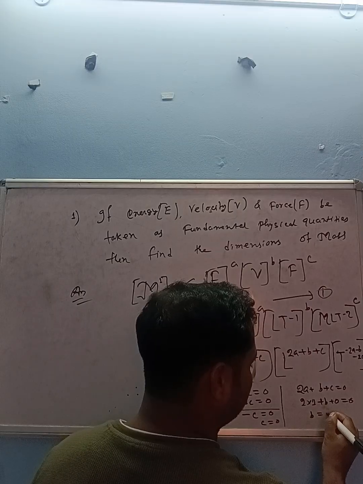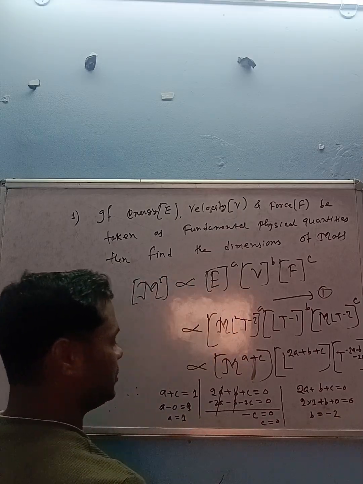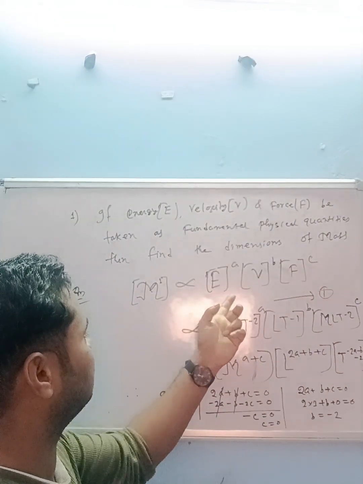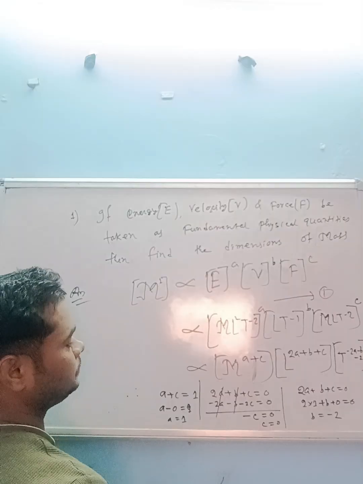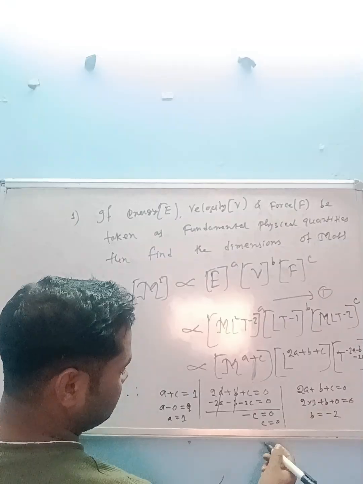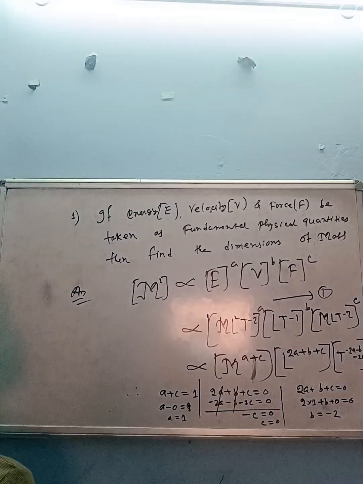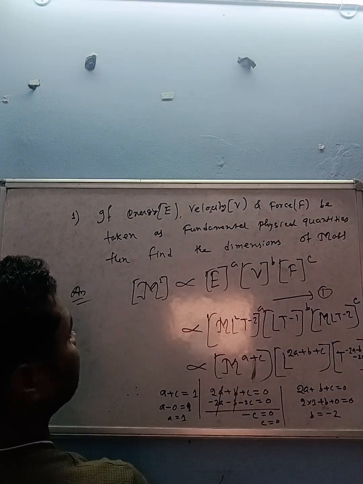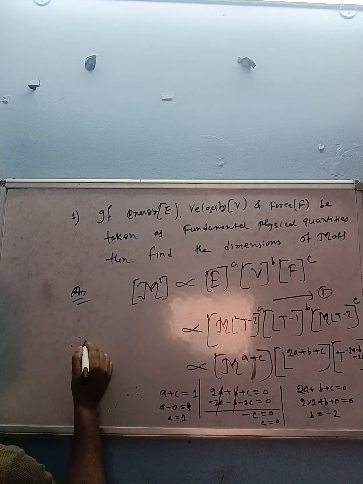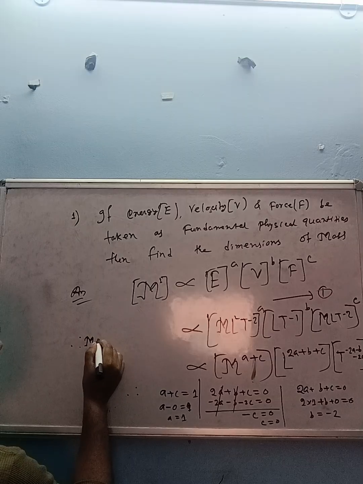Then b equals minus 2. So all the values a, b and c are put into equation 1. Okay. a is 1, b equals minus 2 and c equals 0. You can write therefore M equals